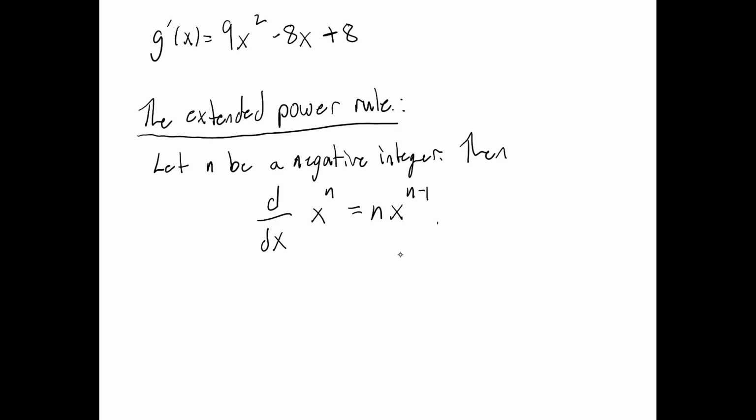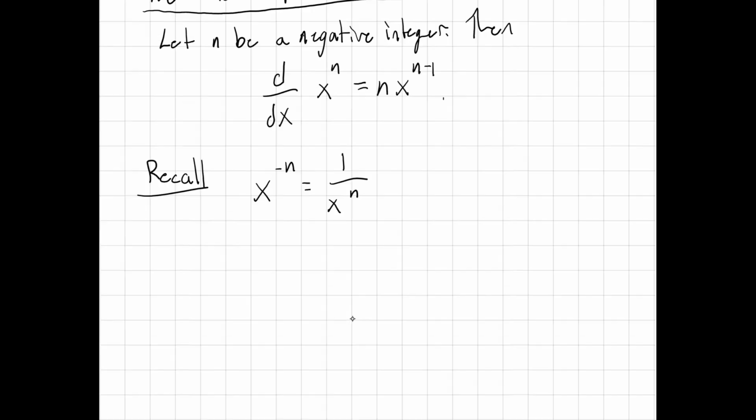But we have to kind of be careful with this, and we have to be aware of some of the exponent rules, right? We have to recall that if I have x to the negative n, that is just 1 over x to the positive n. Now remember, this is an equal sign. Equal signs mean we can go both ways. I didn't like the way that looked because I'm being picky right now myself. So that means